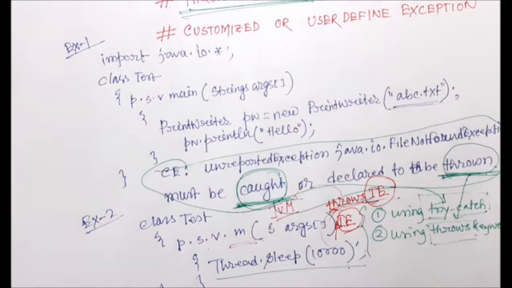And the third point is that the throws keyword is required only to convince the compiler, because at runtime this exception may arise, but to pass the compilation, the throws keyword only convinces the compiler, and the use of the throws keyword does not prevent the abnormal termination of the program,